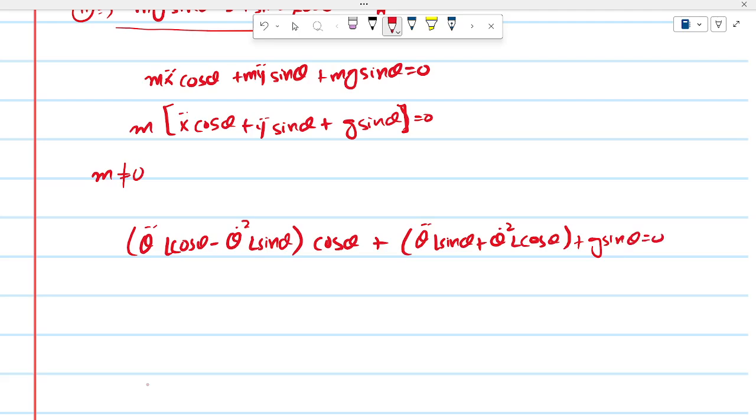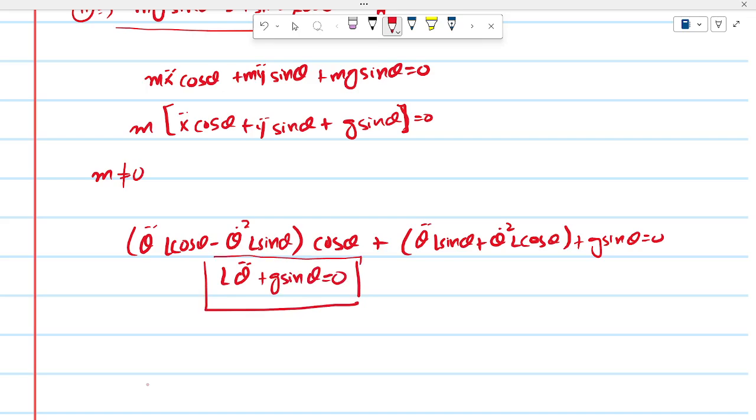Using cos square theta plus sine square theta equals 1, you will be left with L theta double dot plus g sine theta equals 0. That is your equation of motion,